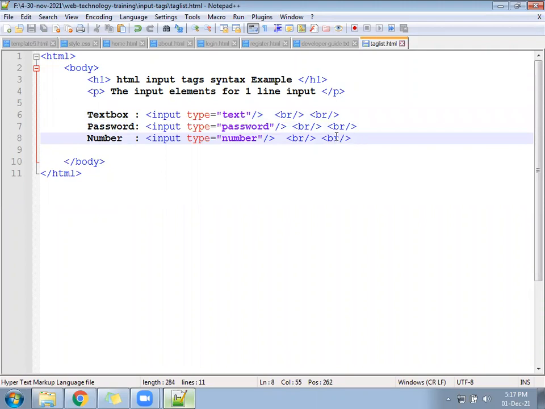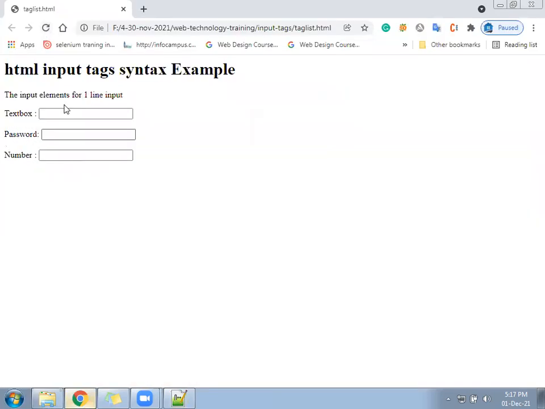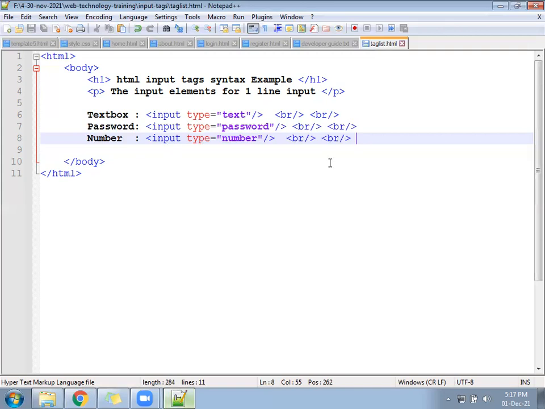One BR is equal to one enter key. From the keyboard, when we press the enter key, what will happen? It will go to the new line. If you press the enter key again, it will become a third line. So one BR is equal to one enter key. Okay, two BR is equal to a double enter key. So you will have a lot of space between two text boxes. For that purpose, I have given the double BR. So okay, let it be. Alignment wise, you don't worry. We have multiple solutions for alignment.